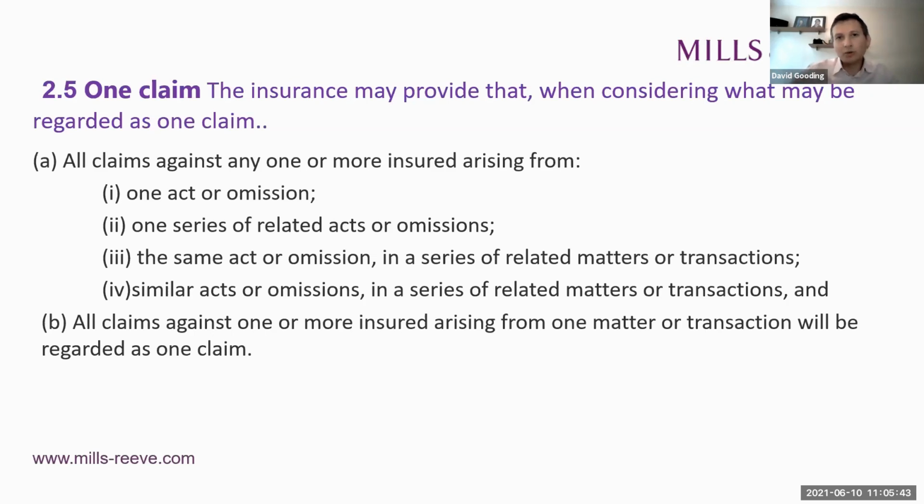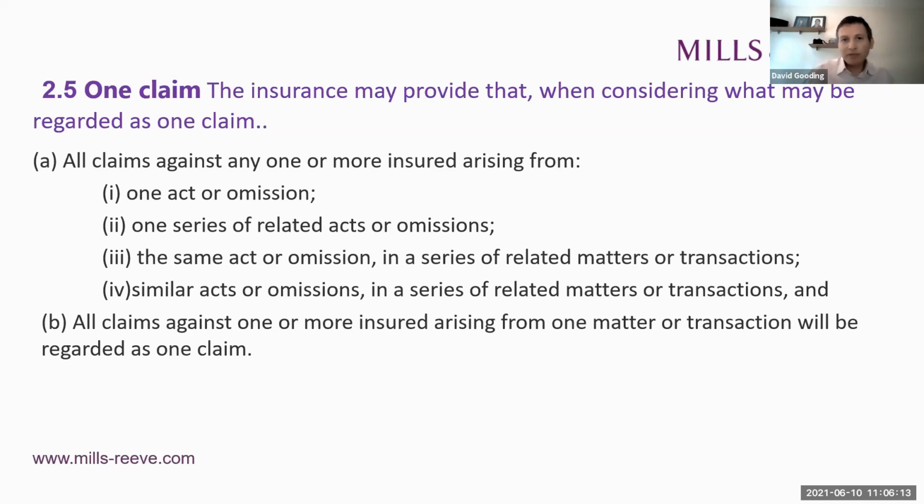Now, Bharti's going to talk about the word and definition of related in the context of the Woodman case, the Supreme Court case in Woodman, as regards limbs 3 and 4. But as far as related in this limb is concerned, you are talking about acts or omissions, and this is really important, acts or omissions which fit together and are in some way connected, rather than being random and involving similar matters.